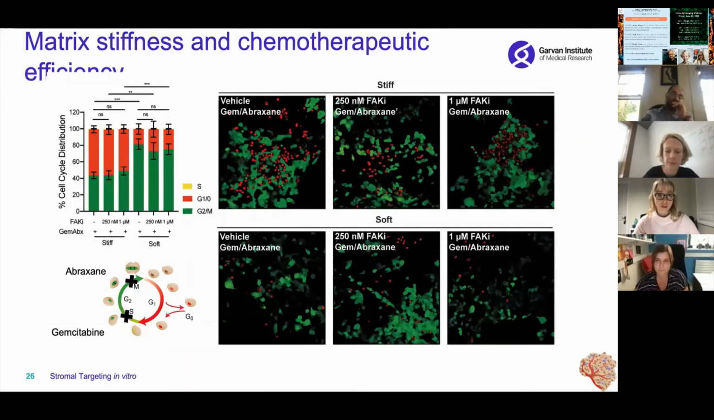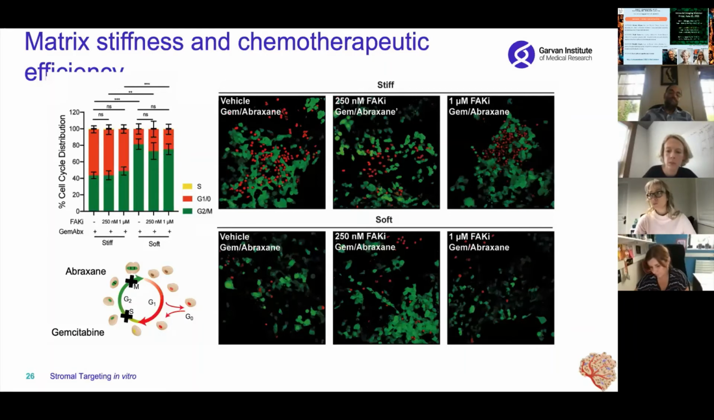And just as we saw in the tumours, when we added chemotherapy onto these gels, we saw that on the stiff matrices, yes, it was arresting cells in G2M, but this was even further enhanced on the softer gels. And when we add the FAK inhibitor in as well, it's no further enhanced. So as we expected, it's not necessarily the inhibitors themselves that were arresting the cells, but rather the stiffness of